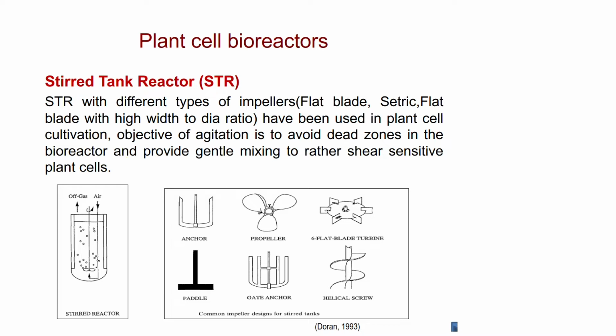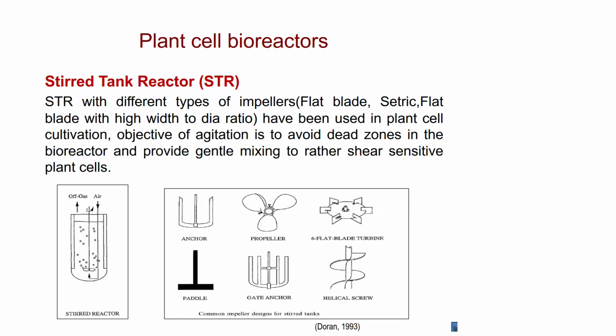Now, the stirred tank reactor is a well known configuration which is very well used for microbial fermentations. The difference you will find in plant cell fermentations is with respect to the sparger and the impeller design, and the absence and presence of baffles. Even people are working out the aspect ratio. The kind of reactors I was talking about, for example, disposable or wave bioreactors, have more surface to volume ratio.